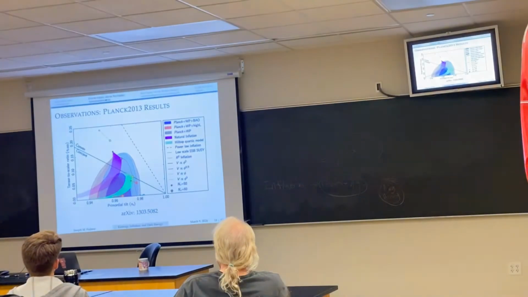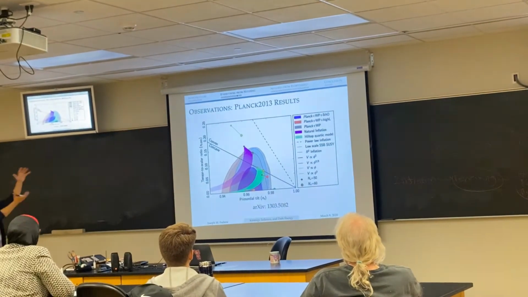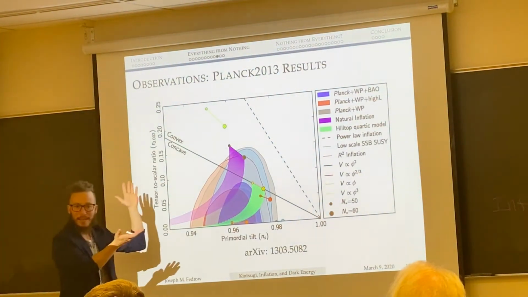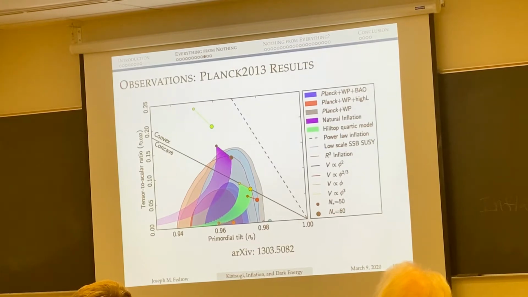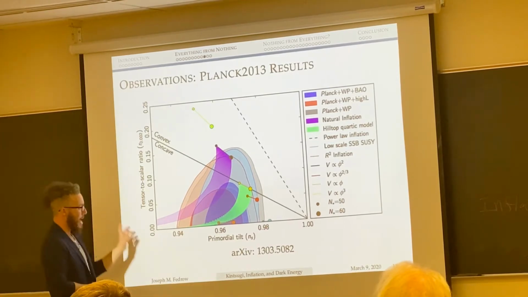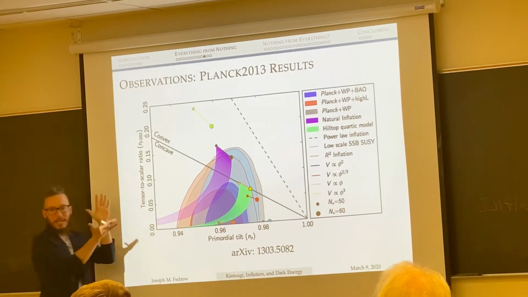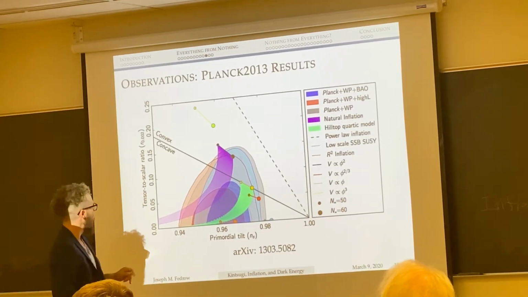Now this figure here, I'm only showing you to show you that this was the result when we actually took that Planck satellite, put it up in space, got the CMB spectrum, looked at all the different data we could get from it, and then calculated the tensor to scalar ratio and this primordial tilt parameter. Don't worry about it. Point is, this was the snapshot taken in 2013. And lo and behold,